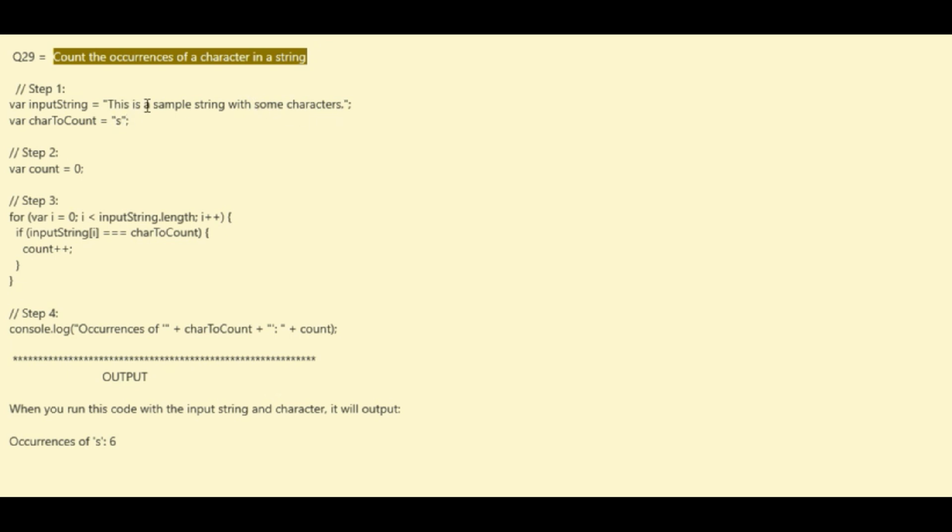If you want to find the a, you can write a. After that, run this code, it will show you this. Okay, so question number 29 is over. Let's meet in the question number